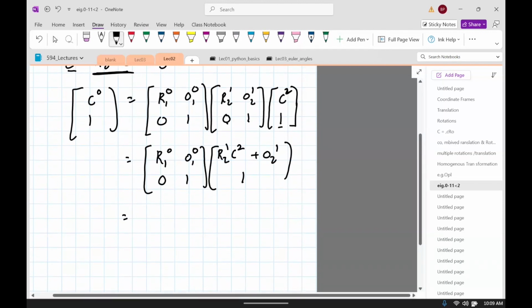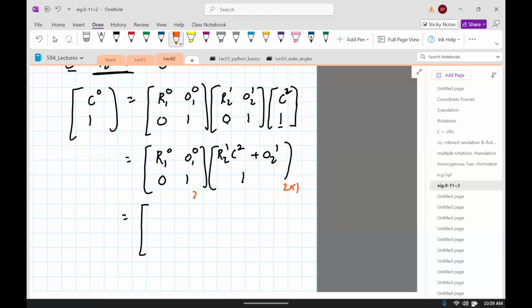Okay, the next step is we do the same multiplication of 2 cross 2 times 2 cross 1. And this is 2 cross 1, this is 2 cross 2. Okay, again, this is not actually 2 cross 2, it's actually 4 cross 4, but the way it's written in block form, it just makes it easier to think of it as 2 cross 2 and 2 cross 1. So now we can do R10 times R21 C2 plus R2